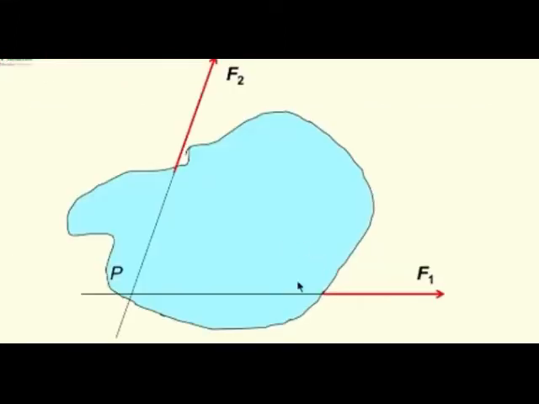I can have a body like this, I have forces F1 and F2 acting on it, and we have also shown what is the line of action, and these two lines of action intersect at point P, and if I have to find out the resultant, it is easier for me to move these forces to the point P. I use the concept of transmissibility of force and then take a resultant.